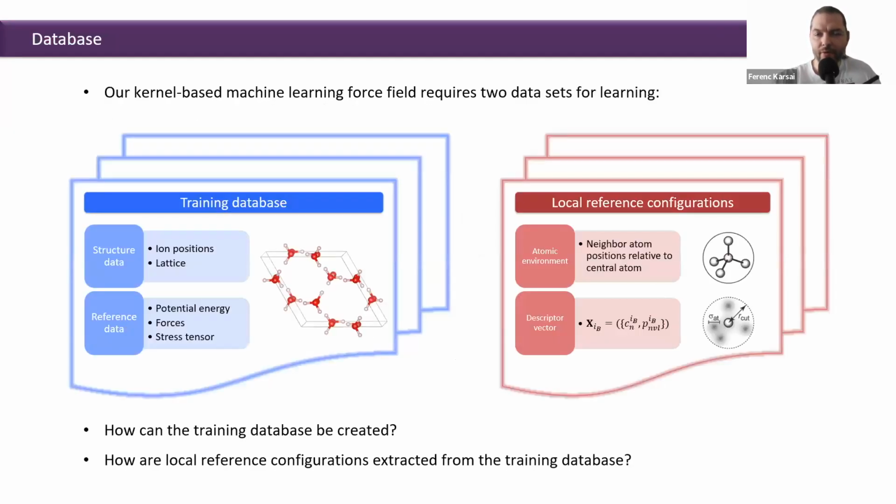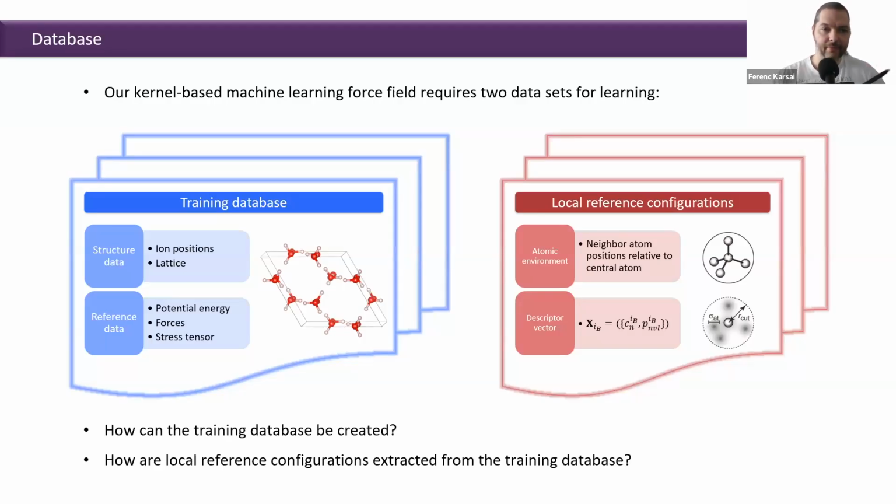So now we come to the point where we have established the methodology to represent and fit the database, but we haven't acquired any data until now. So our kernel-based machinery requires 2 data sets. Start with the left. Here we have the so-called training data set. It consists of the structural data, that means ion positions and Bravais lattice, which are required to construct the descriptors. And it also consists of the energies, forces, and stresses belonging to each of the structures, and these are required